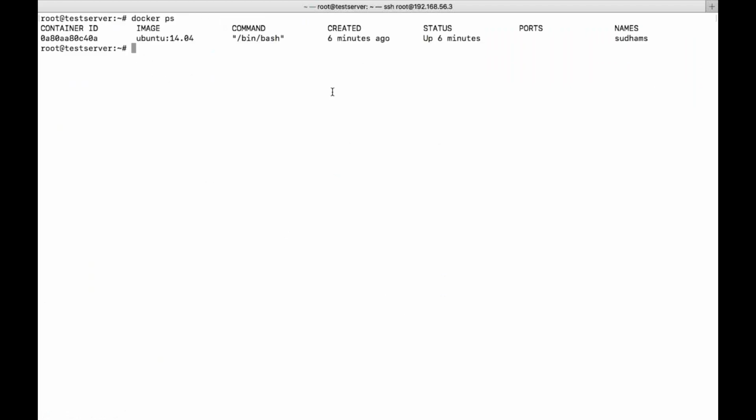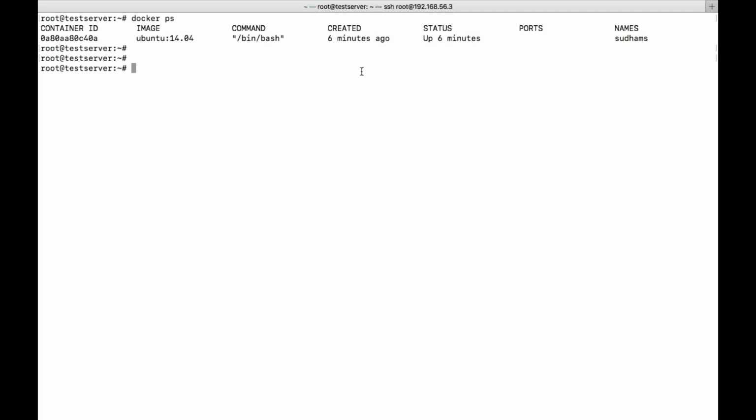But remember one point: once a container is created, you cannot apply port forwarding. You need to create a new container. Port forwarding cannot be updated once the container is already created. So that's the reason we need to be careful while creating a container. It's just simple. We can delete the container immediately and create a new one within a fraction of a second.